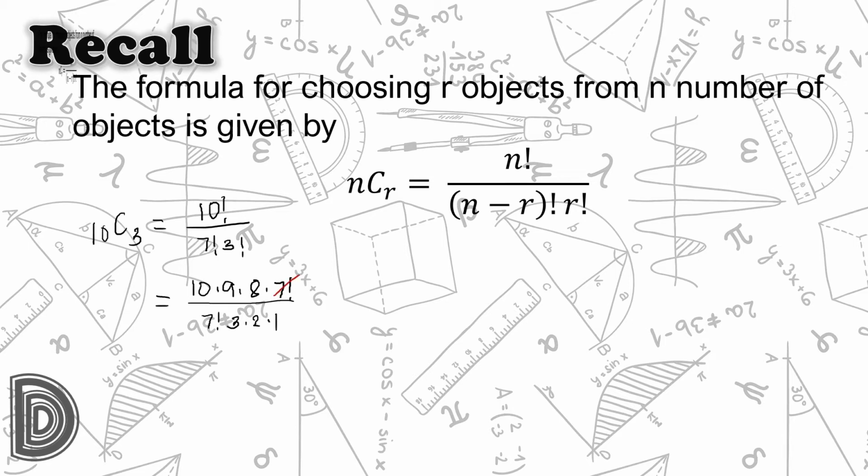7 factorial over 7 factorial is 1. 9 over 3 is 3. 8 over 2 is 4. So the expression on the right-hand side of the equation is reduced to 10 times 3 times 4. Hence,